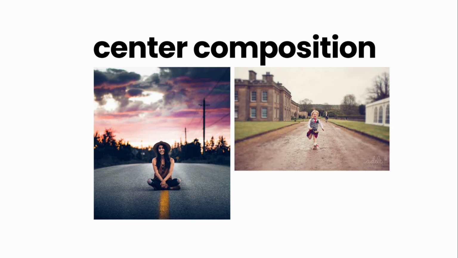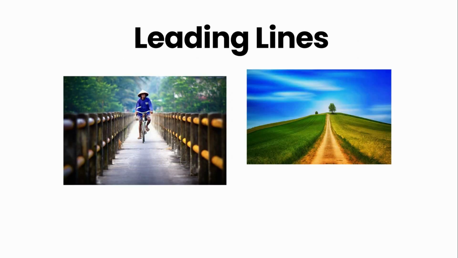Let's go to the third rule, which is leading lines. After seeing these pictures, you could probably ask me what's the difference between center composition and leading lines. So leading lines doesn't depend on an object. For example, a lane where you cannot see an end. See here, there is no object here. Like you are not targeting any object or a person or any building. So in these pictures, you cannot see the end points.